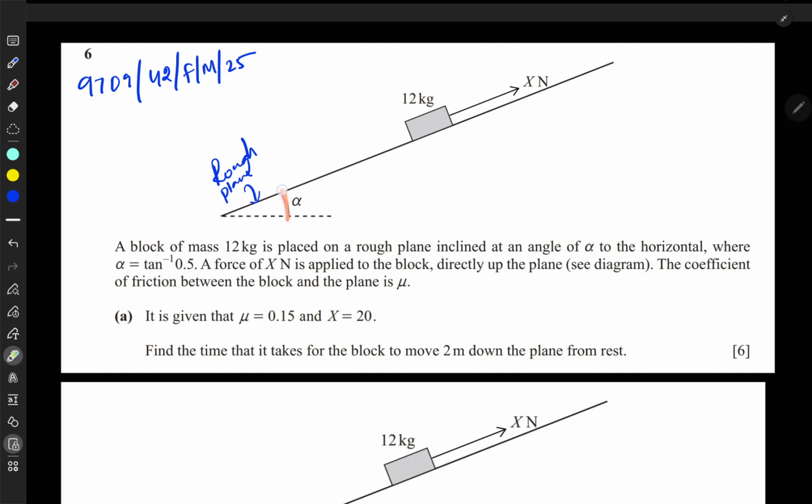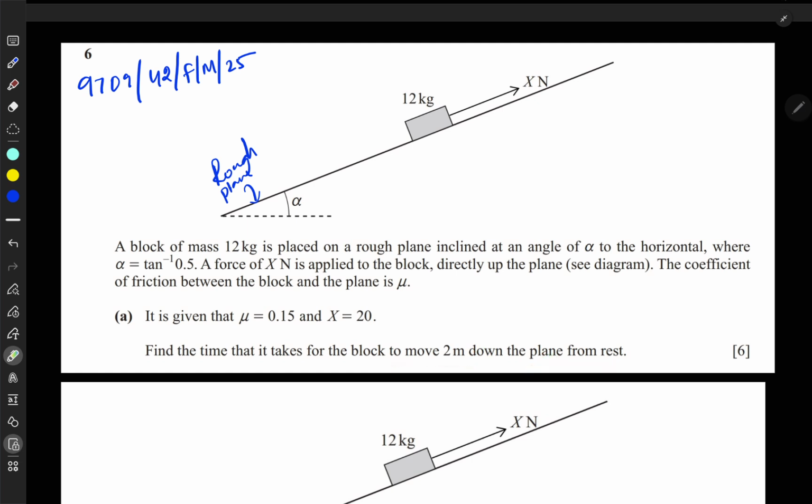it is inclined at an angle alpha to the horizontal, where alpha equals tan inverse of 0.5. The force X, acting upwards as you can see, is applied to the block directly up the plane, and you can refer to the diagram. The coefficient of friction mu between the block and the plane is 0.15. The X force given up the plane is 20. We have to calculate the time taken for the block to move 2 meters down the